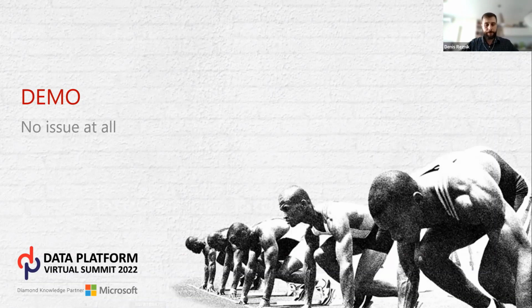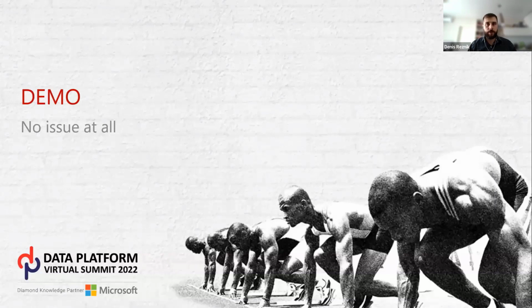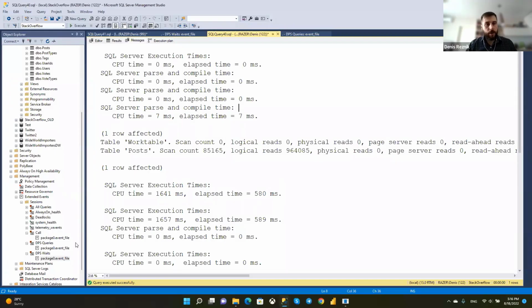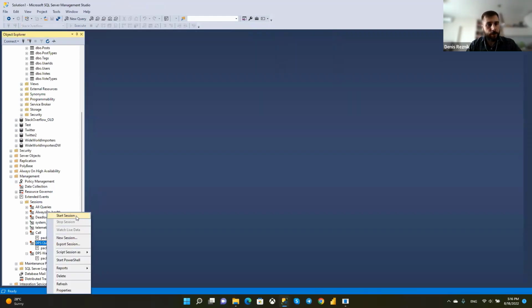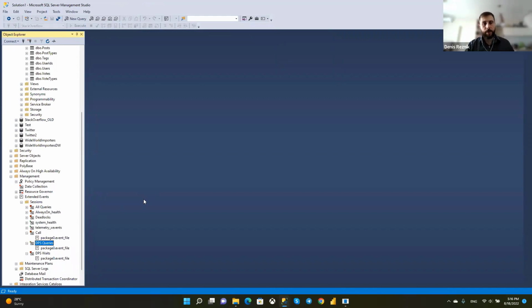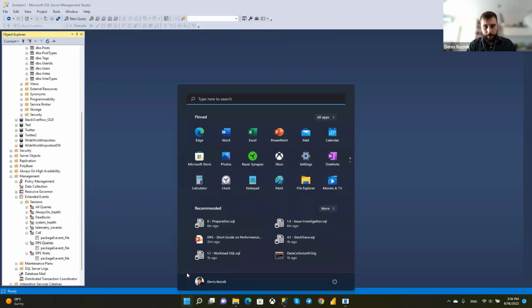What do I mean here? You don't have any tickets from the client, the system is working, but this is the chance to do proactive performance tuning and troubleshooting. So I will keep my extended event session because we still need to collect query data. And I would also use the tool called performance counters. When you have time, and you don't know the issue root cause, ideally you should run extended events and performance counters as well.